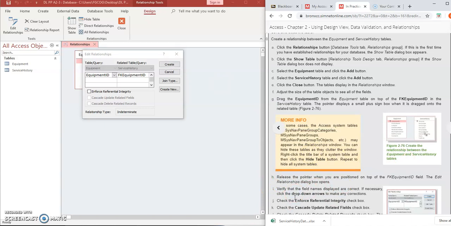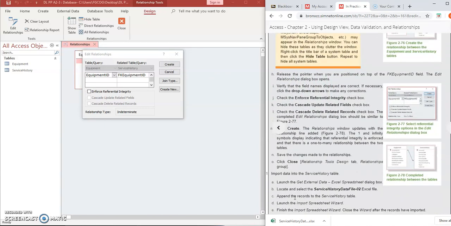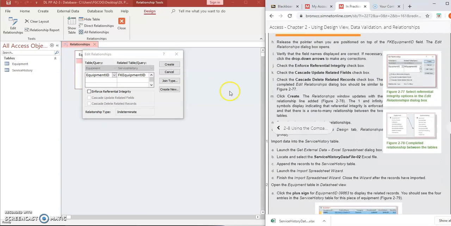Now verify the field names are displayed correct. If necessary, click the drop down. You could go correct it from each table. If there is a spelling mistake or an error, correct it and make sure that both the fields are matching one-to-one. Okay, right. Next, we go on to